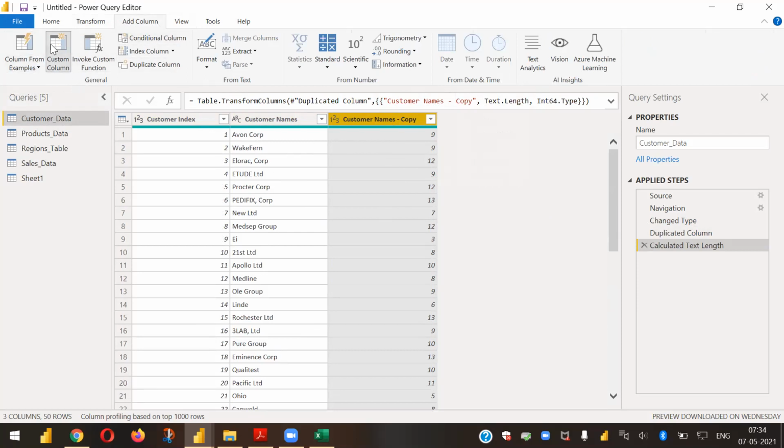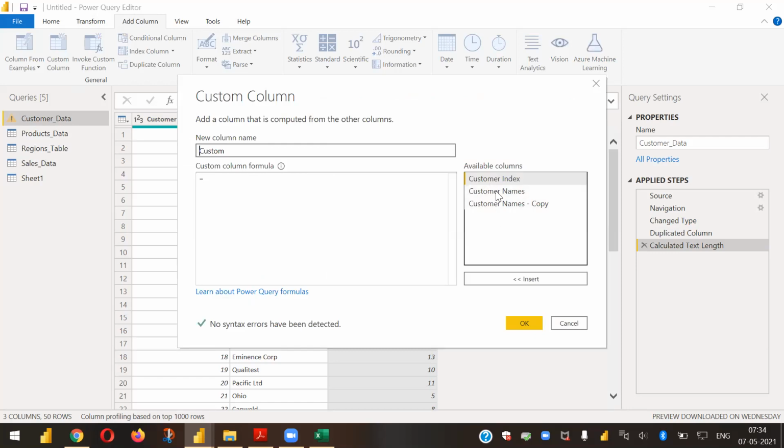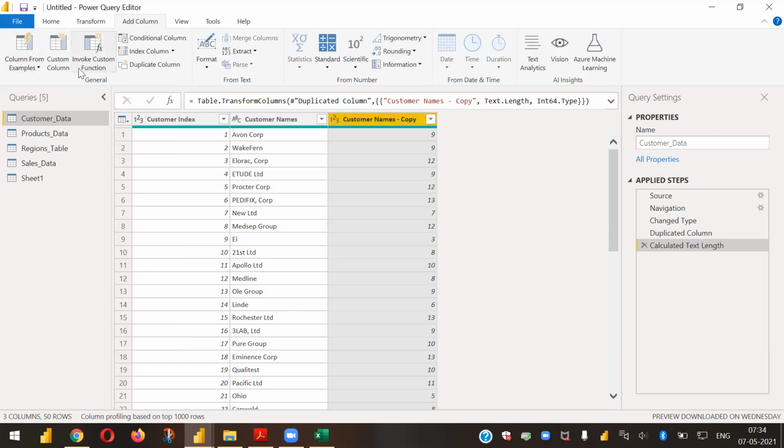Okay, so when you click on custom column, we can actually pick up a column and try to write some code here. This is part of M code, so this will be covered in a later session, because for that you need to understand a little bit of basic syntax. The same way we can actually index this column, duplicate this column, or write some conditional logic, like if this is equal to 9, then some if condition, something like that. You can use that for conditional logic, right?